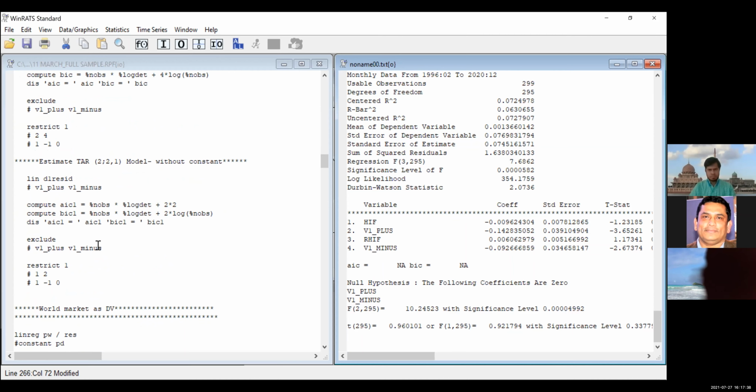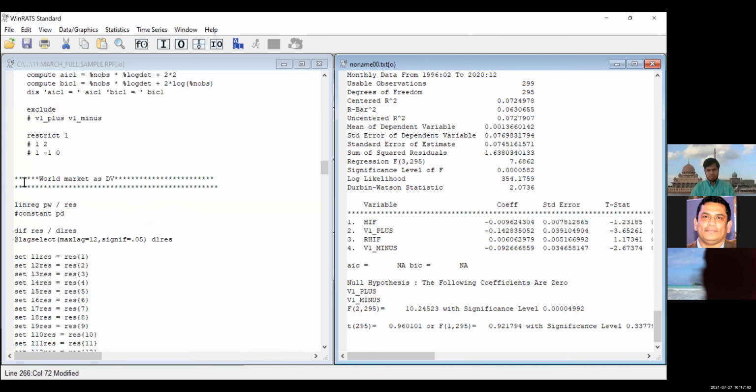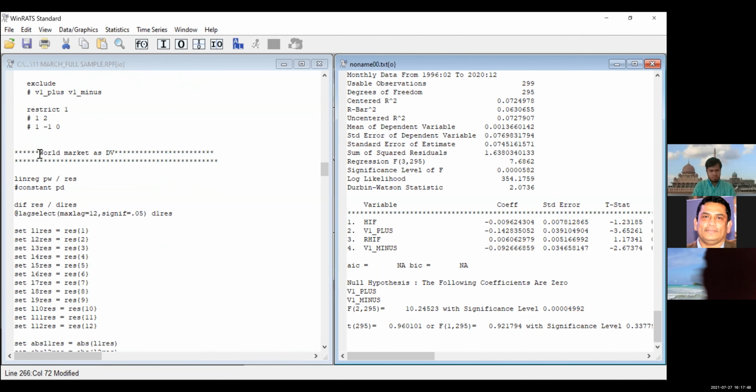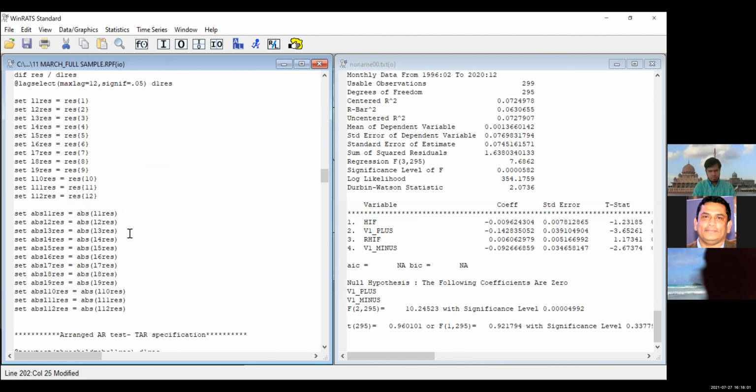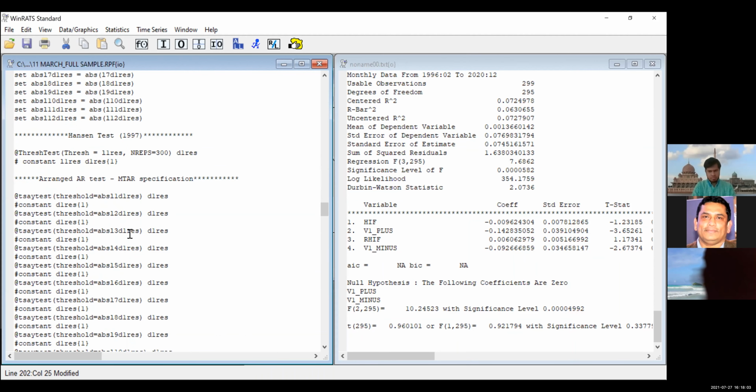So just in 1 or 2 minutes, I'm going to finish. But for rigorous understanding of the model, we again use the same process in the case of the world price. So I ran only for the domestic price, but now again the same equations we run for the world prices. So we do all of this test,